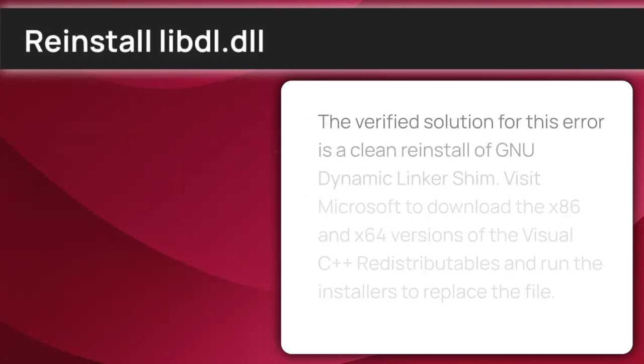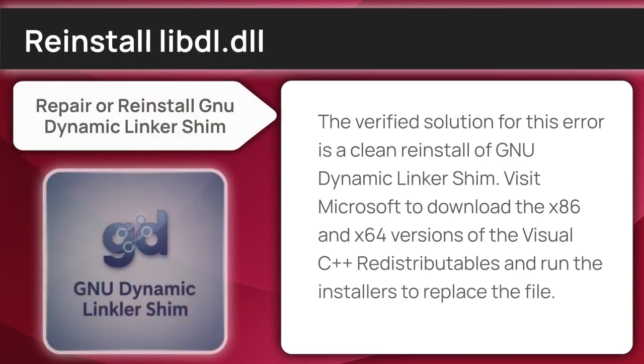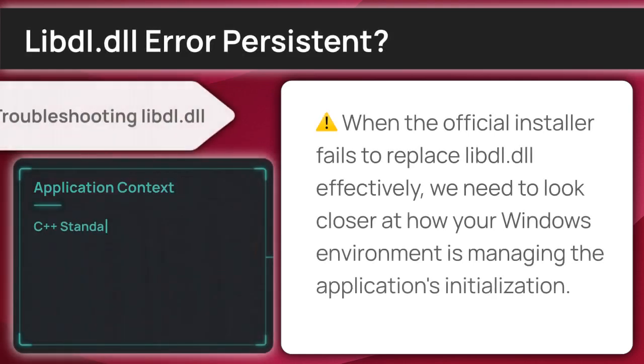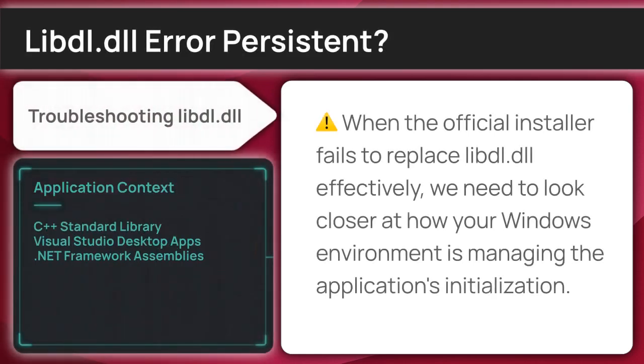The verified solution for this error is a clean reinstall of GNU Dynamic Linker Shim. Visit Microsoft to download the x86 and x64 versions of the Visual C++ redistributables and run the installers to replace the file. If the application still won't initialize, we need to shift our focus to how the Windows loader is